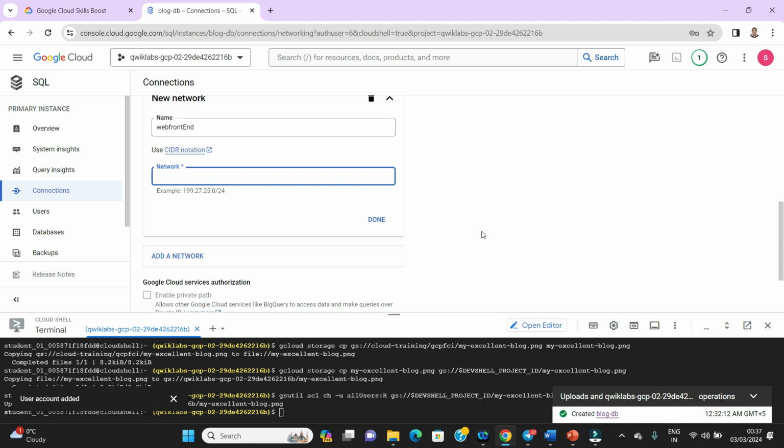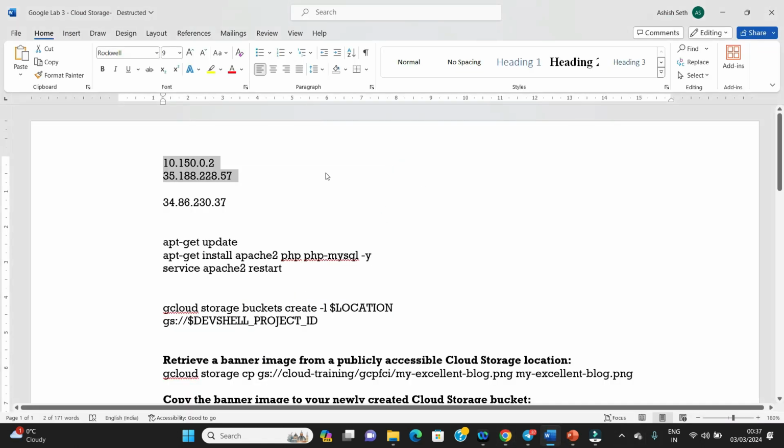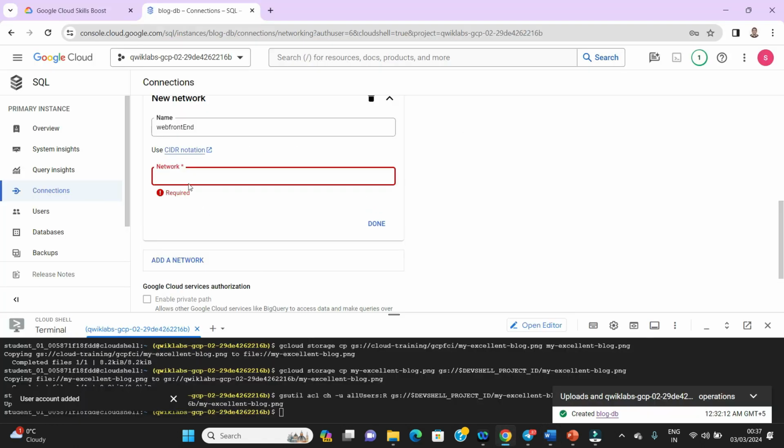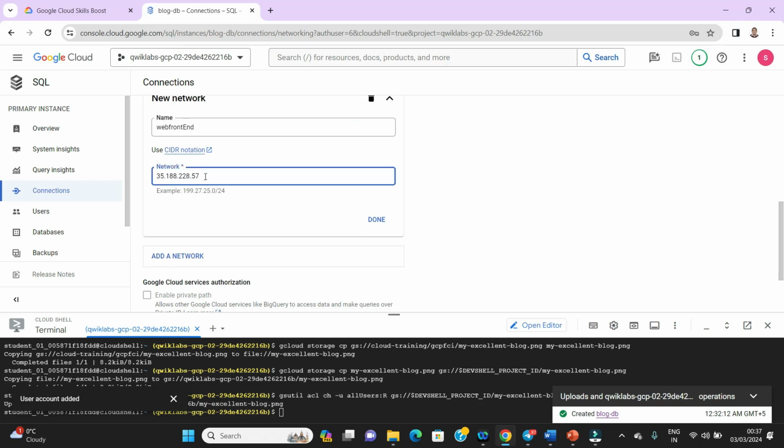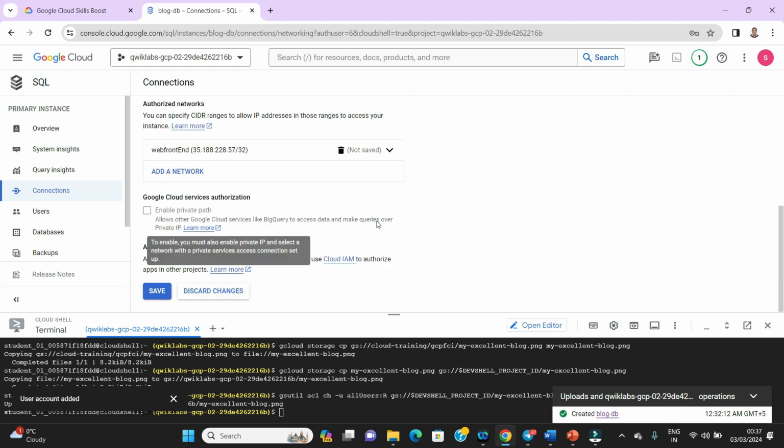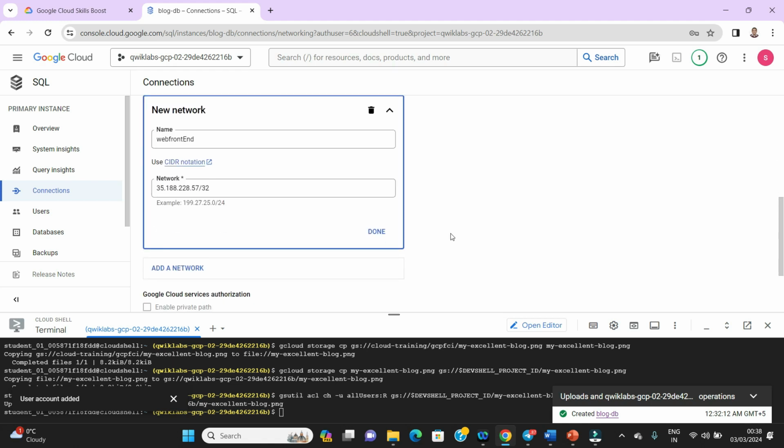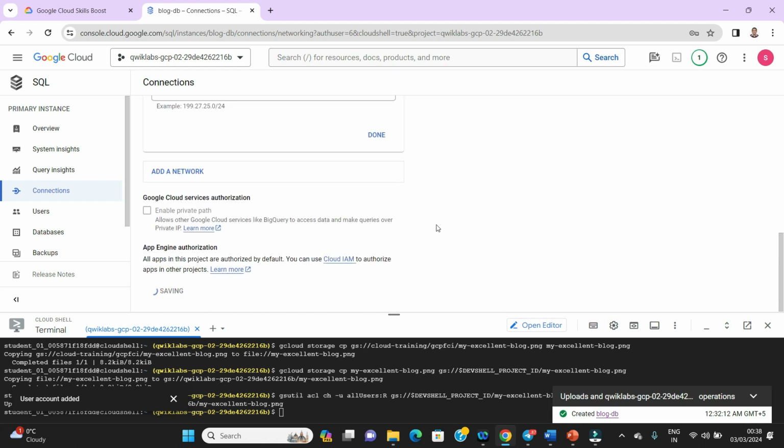So we will look for this IP. This is the public IP of the virtual machine, and we are going to write it here in a CIDR format. So let's say this is prefix 32 here, and this is done. Then we can click on save. Okay, so far so good.